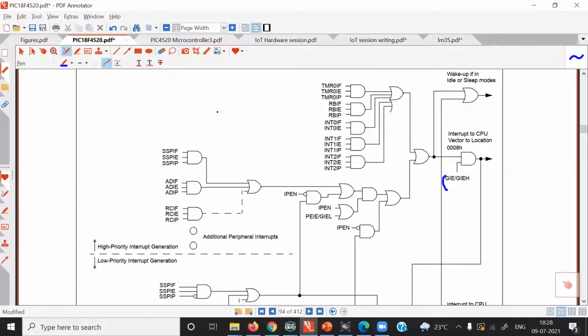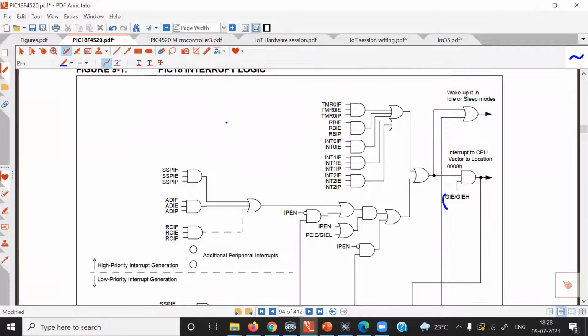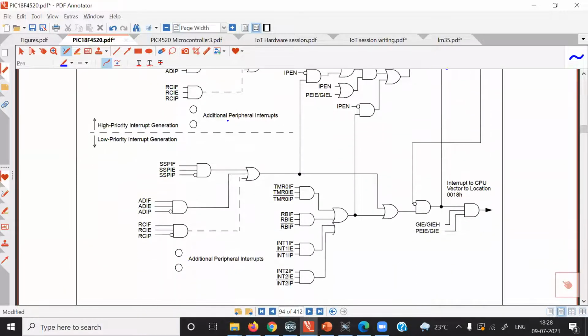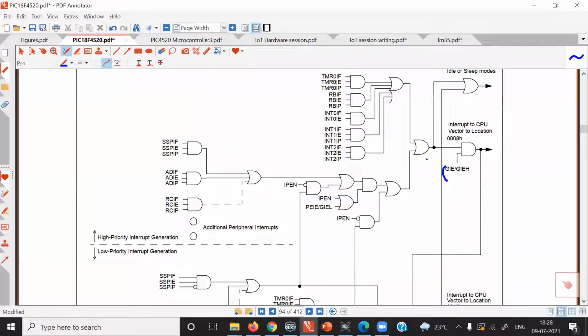That's the meaning. So this is the PIC18 interrupt logic. For each interrupt source there is a flag bit, an interrupt enable bit and a priority bit. In this block diagram, P stands for priority bit, E stands for enable bit, and F stands for flag bit.